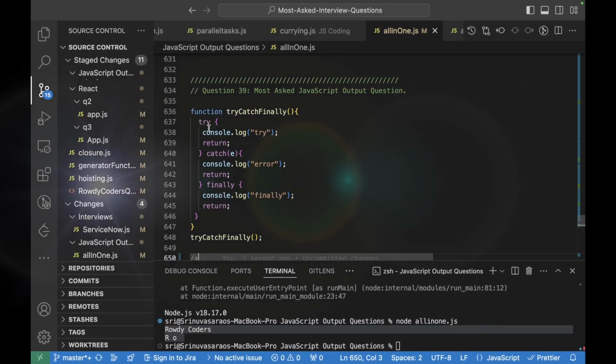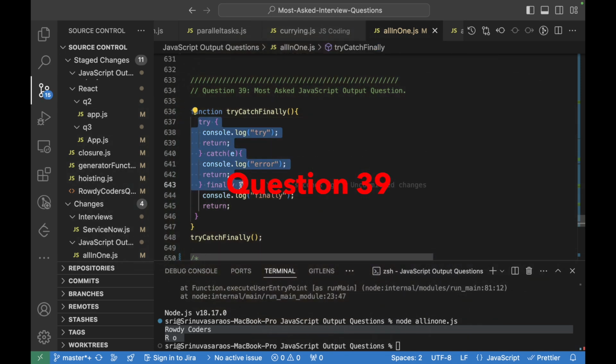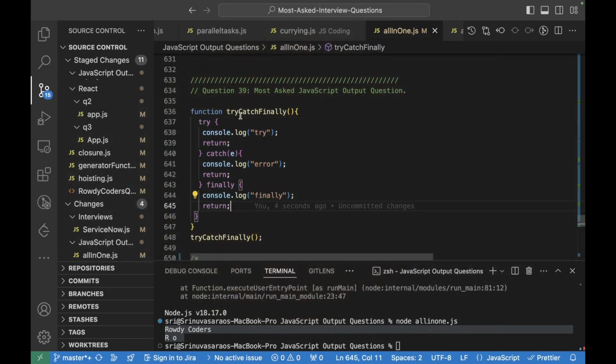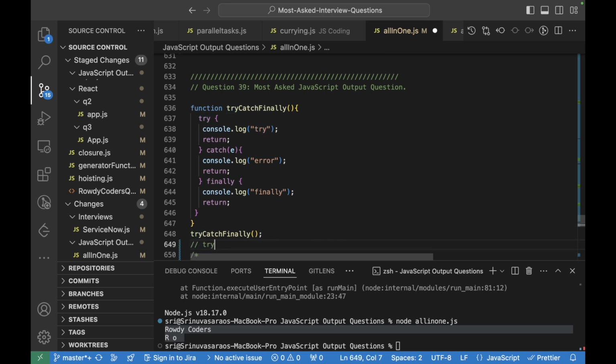Here we have try, catch, and finally blocks. So what happens is, if try is able to run, in that case try will output. So here try will definitely run, so try will give this firstly, and then it will definitely go to this finally block. Okay, so this finally block will be executed at the end.